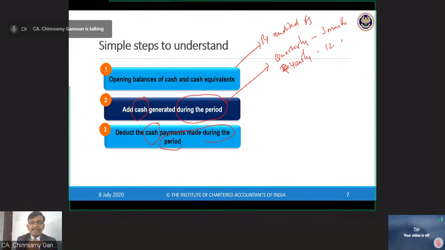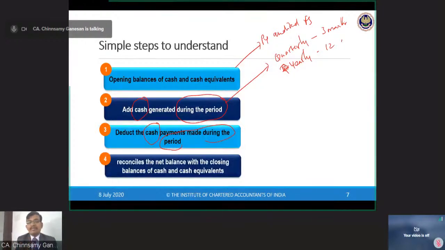So non-cash items are excluded to arrive at the cash generated during the period, and the cash payments made during the period. Actual cash outflow has to be considered. So what will happen? Opening balance plus cash generated minus cash payments will give you the closing balance as at the reporting period. That closing balance should be reconciled